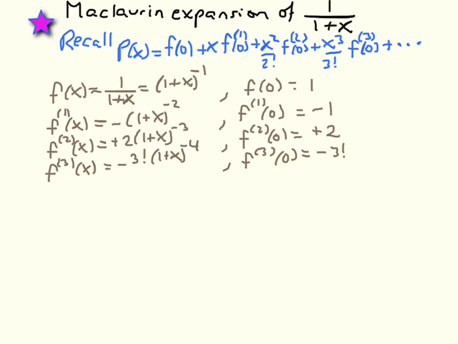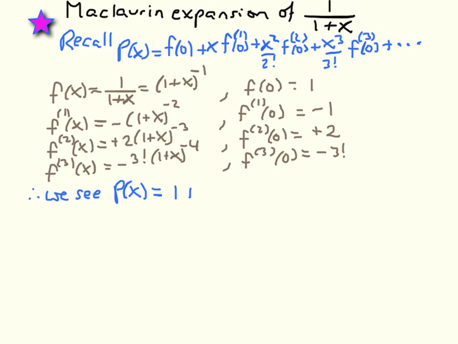Now the question asks us to calculate the first 4 non-vanishing terms, and each one of these terms is non-zero, so we can stop this part of the calculation here. And all we need to do is to substitute these values into our equation, and that's going to give us the result. So therefore we see that the Maclaurin polynomial for our function is the function evaluated at 0, and that's 1. So we have 1,